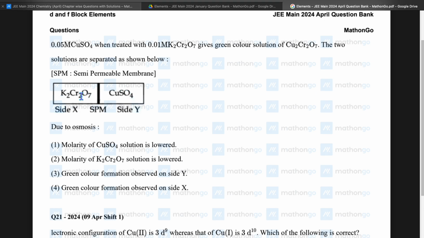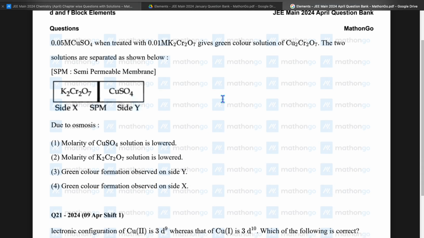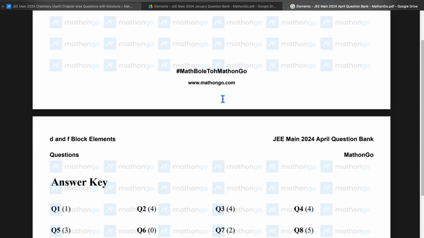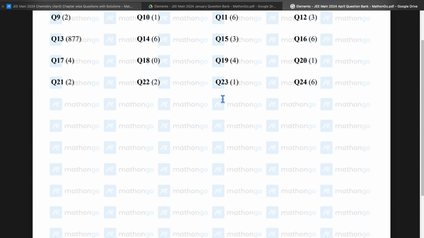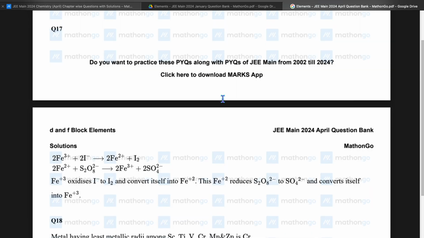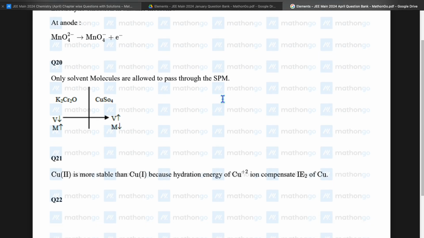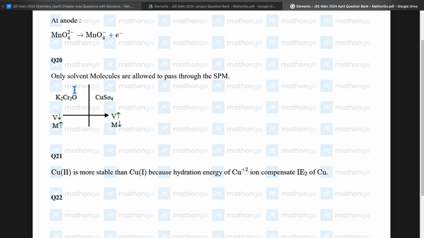So solvent will be moving towards the copper sulfate. So copper sulfate molarity lowers, K2Cr2O7 molarity increases. So option should be 1. Yeah, 1. Solution ఏమి ఇచ్చాడు చూద్దామండి. Right. So solvent particles, molecules allowed to pass through SPM, K2Cr2 ఇటు పోతుంది. సో దీంట్లో వాల్యూమ్ ఇంక్రీజ్ అవుతుంది, మొలారిటీ డిక్రీజ్ అవుతుంది. దీంట్లో వాల్యూమ్ డిక్రీజ్ అవుతుంది, మొలారిటీ